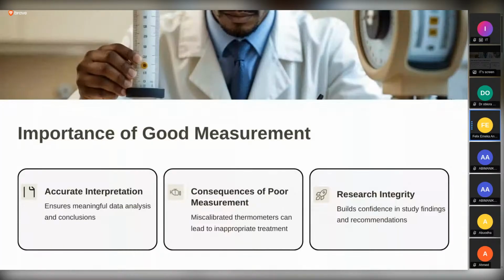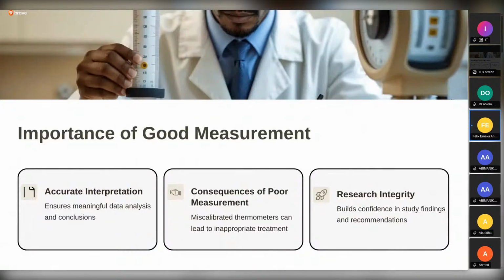So it's all part of the accurate interpretation. Don't be in a hurry when you're designing, which is what I always recommend. Don't always be in a hurry to design your tool. Take your time, design it, validate it, and ensure that whatever question you're asking anyone, the answer they give you actually addresses that question accurately.